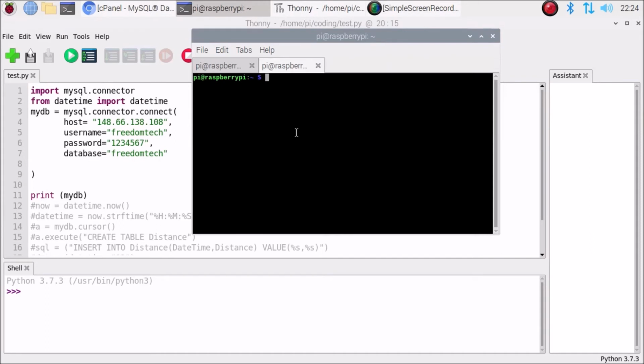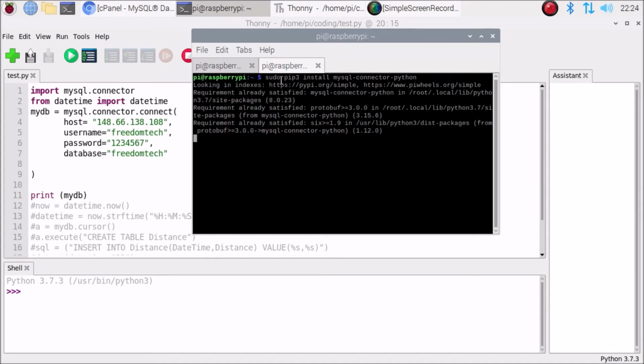Simply run the command sudo pip3 install mysql-connector-python. This is the package which we are going to install. Just hit enter, it will install the mysql-connector-python package.